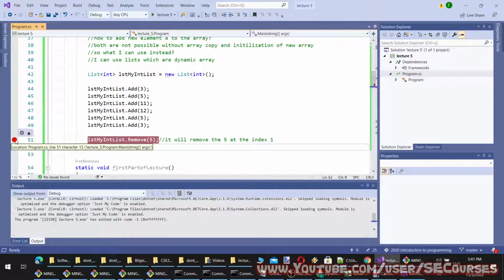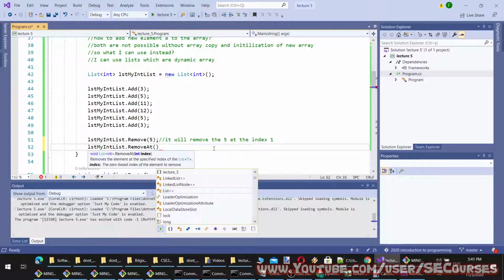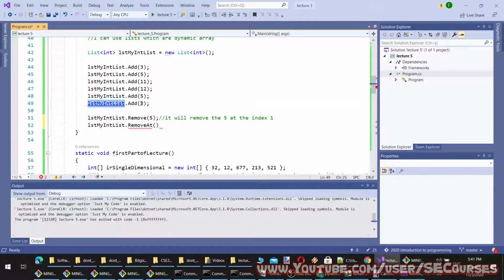Okay, then I can also remove by index, RemoveAt. So you see, this way I can provide the index and directly remove any value I want. I am going to provide the index of the last element. So how am I going to do that is Count minus 1.